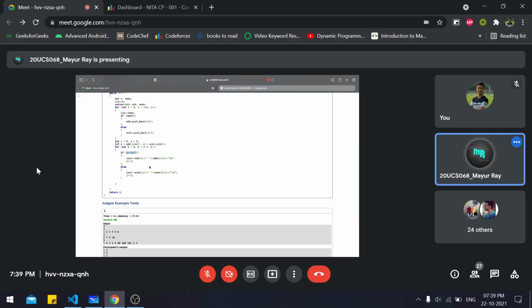Why O minus 2? Because let's say there are 4 elements in the odd vector. The indices will be 0, 1, 2, 3. At once I am printing two numbers, right? So I'll print first 0 and 1, and then I'll print 2 and 3. When it goes to 4 or anything exceeding the size, I have to come out of that part, because the odd vector will not have any more elements.